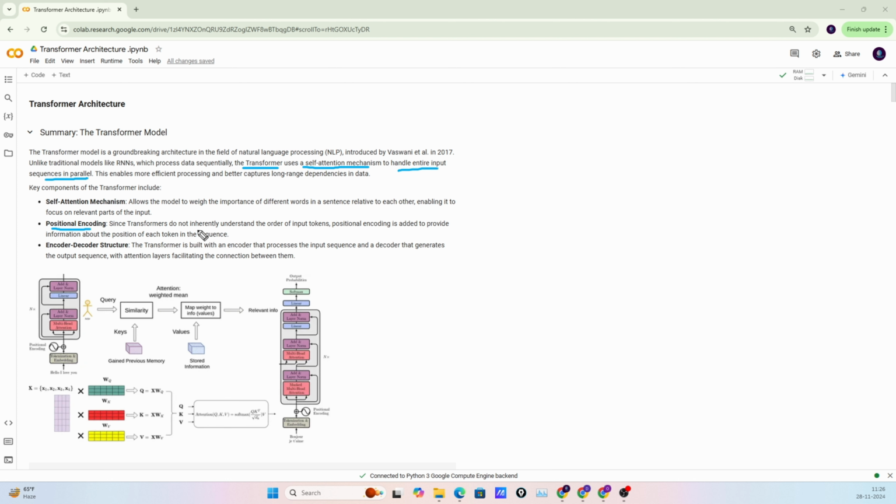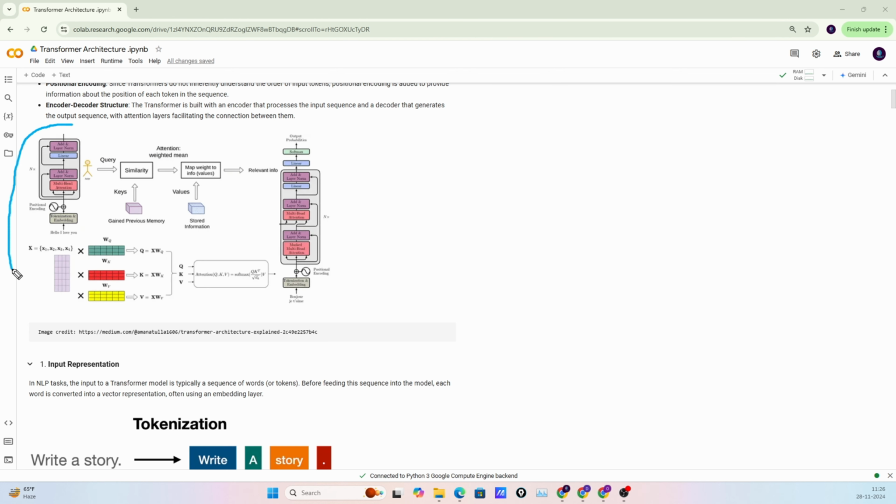Positional encoding basically helps the transformer to understand the order of the input tokens. And we use the positional encoding here to add this information to each token. And how we do this mathematically, I will discuss later in a below section. And then we have the encoder decoder layer. The encoder decoder layer is also the core of the transformer, and let me show you in the below diagram.